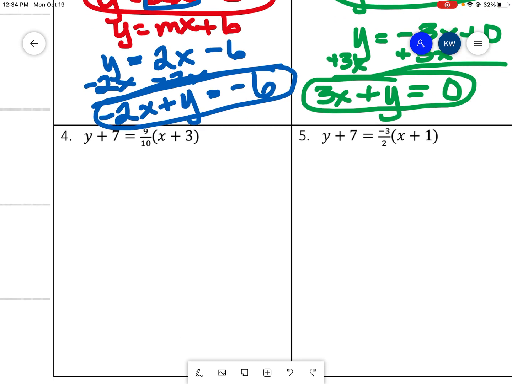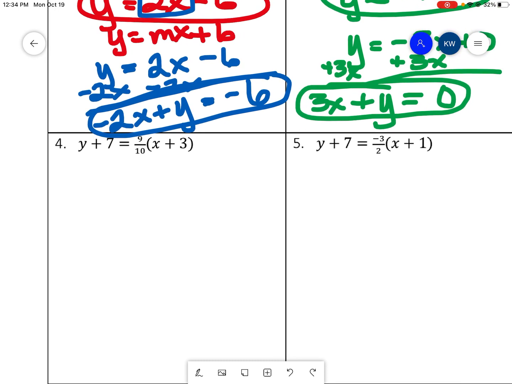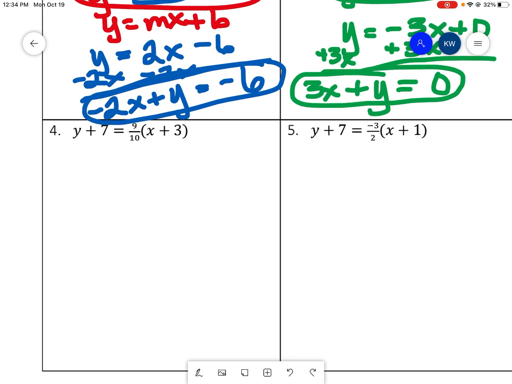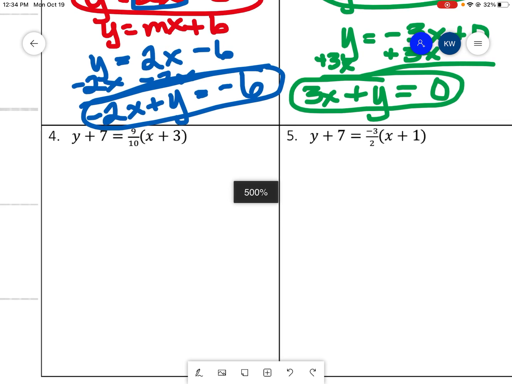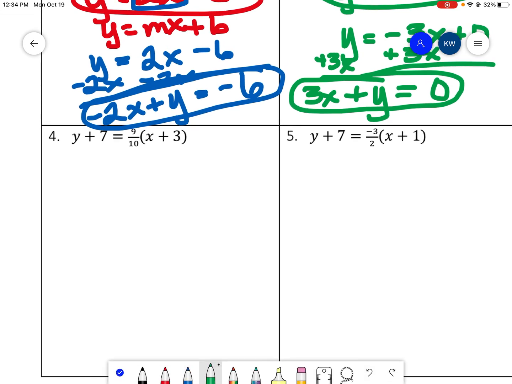Well, what happens when you have a fraction? So write yourself a big note. To get rid of the fraction, multiply by the denominator. So we're going to multiply y times 10, and the 7 times 10, and the 9/10 times 10. Now when we do that,